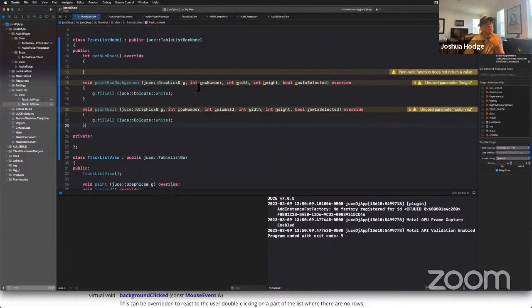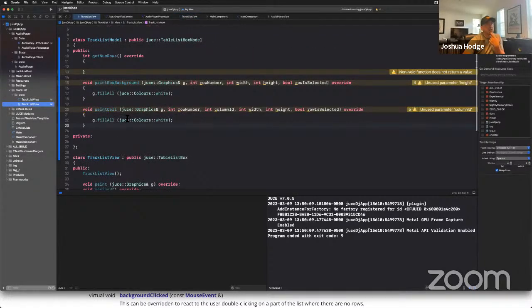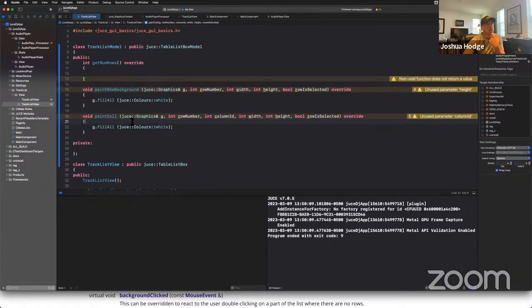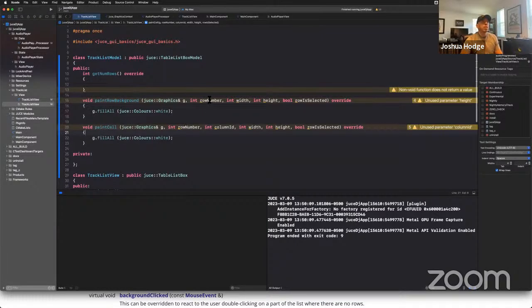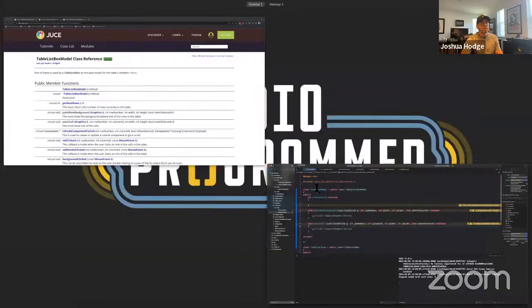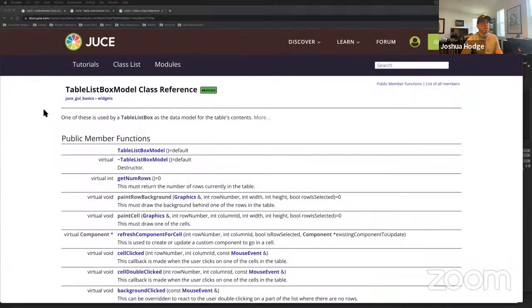Okay, so just thinking about this a little bit further. When we pass these in to paint cell, it's not actually doing anything. Right. So there needs to be something in here, there's something missing here. So we need something. Maybe there's something in table list box model that actually creates